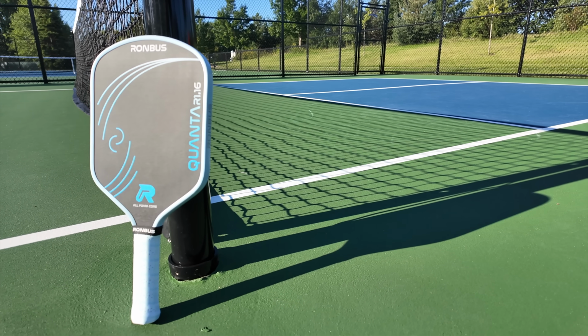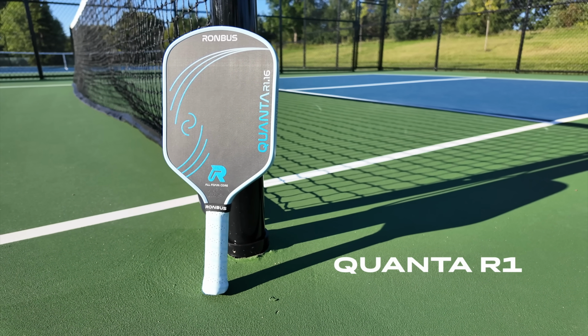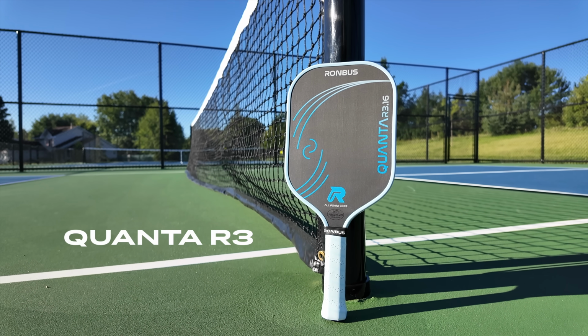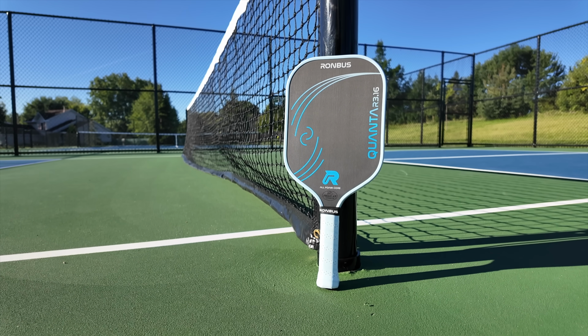Ronbus offers 5 distinct head shapes in the Quanta line, and choosing between them comes down to your playing style and preferences. If you're looking for reach and court leverage, the elongated options are your best bet. The R1 features a curved top edge, but is a bit head-heavy, which can feel harder to manage in fast exchanges. The R3 with its square head design is the stronger of the two. The longer face extends the usable sweet spot and gives you more reach, while still playing more balanced than the